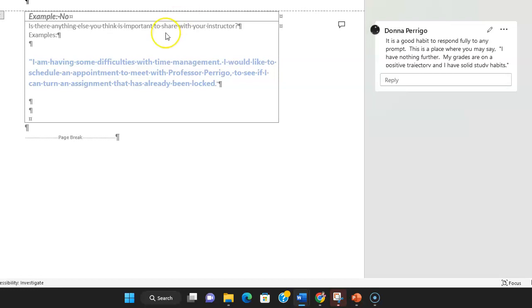And the last question is, is there anything else you think is important to share with your instructor? So again, you don't want to write no, not at this time. You really want to think about what is important information to share. So for example, if you have a college field trip that's coming up and you're going to be absent, or you have a really big assignment coming due, or a big test in calculus, or you're working extra shifts and